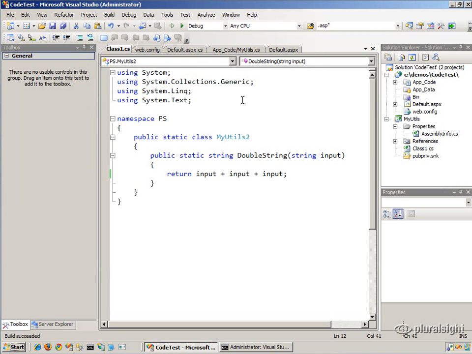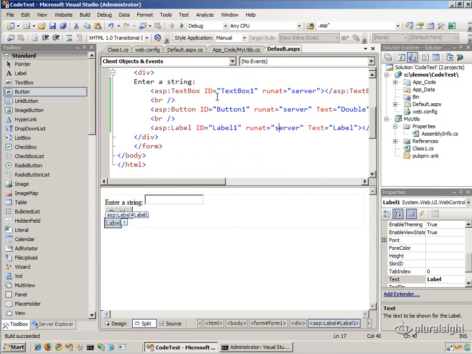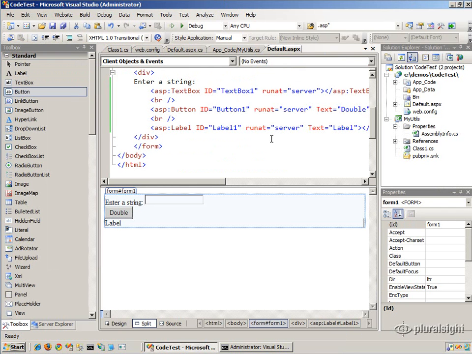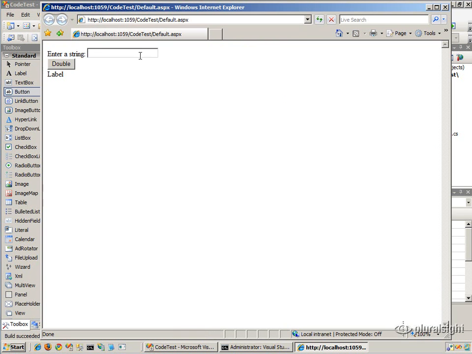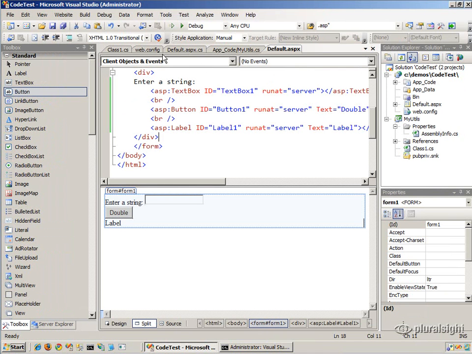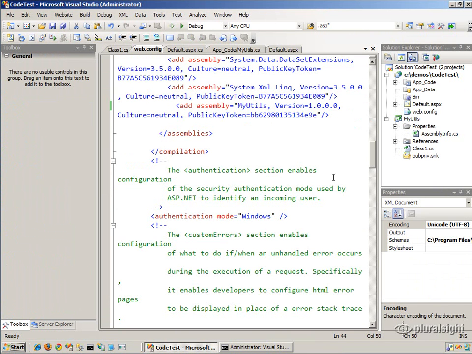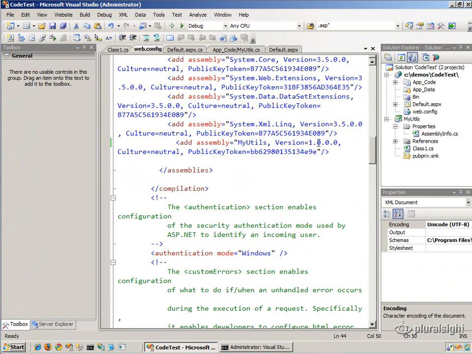Okay, so now the question is, what's going to happen if I run the application, the website that was referencing that global assembly cache assembly? And let's go try it. So I run it with a test string here, and notice we're getting the double behavior just like we did originally. And the reason for that is our website is still referencing the 1.0 version of